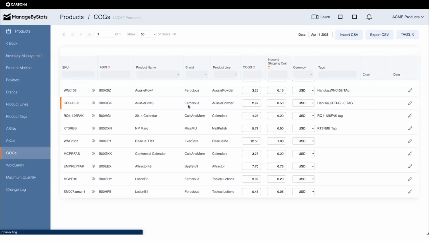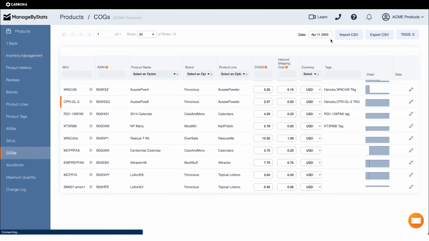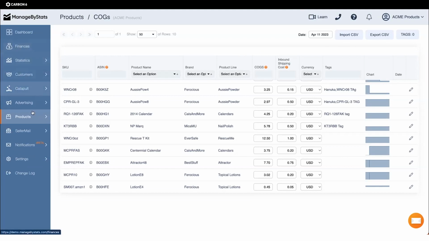So it's a pretty simple system. If you have a ton of SKUs or products, you can export this, upload the data in the CSV file, and then import it into our system. Or if you are starting off and you have a couple products, you can just update the data inside of the system here. So that's the management aspect.